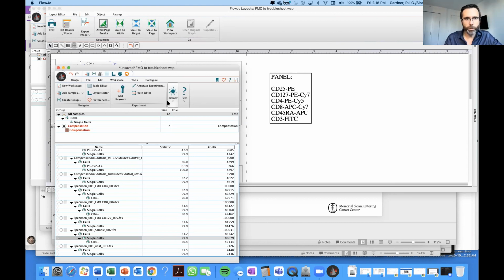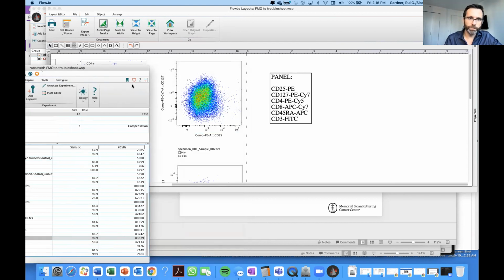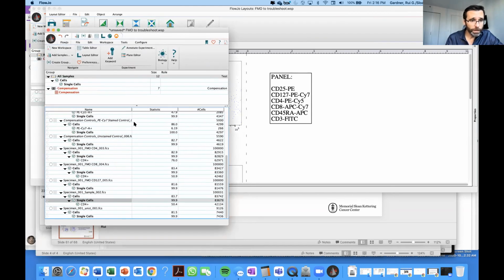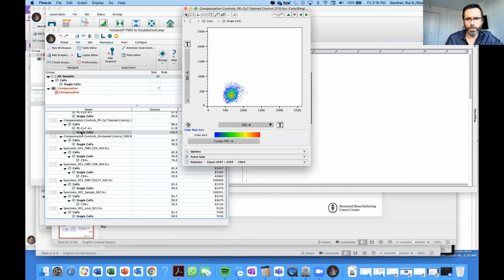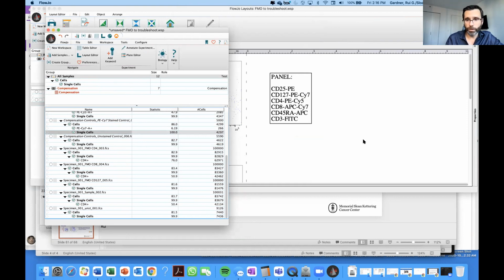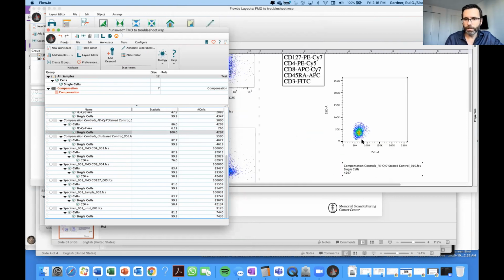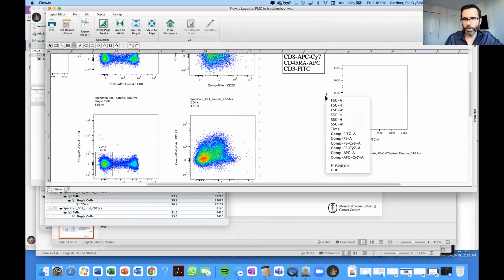So we have, as I was saying, CD127, which is in PE-Cy7, and CD25 in PE. So let's start by looking at those two, right? The PE-Cy7, and so I have here a compensation control. I've added the same gating strategy, so I'm going to open up the single cells. Actually, I'm going to do the following, because I want to do an overlay. So I'm going to add it here, and then I'm going to say, okay, I want a histogram,